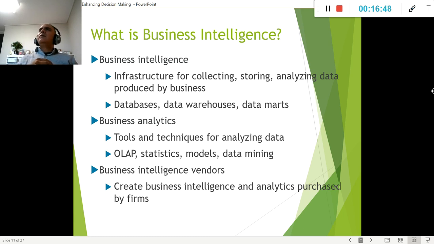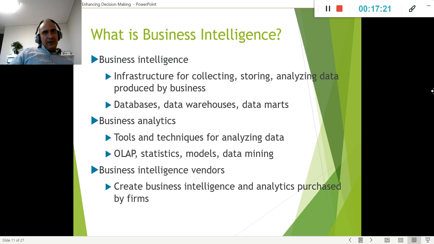I remember there was one case of Target, the supermarket, which was figuring out, based on the data that they have, the purchasing behavior of some pregnant teenagers. They didn't notice it. They were just noticing that there were some changes in the purchasing pattern, but it became obvious only after the computer was able to say, there's a pattern here and you should observe it.